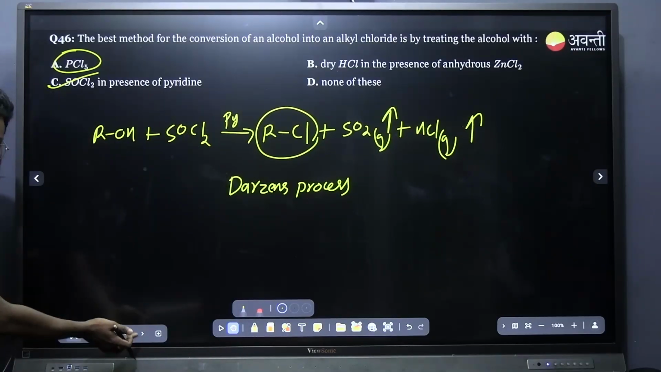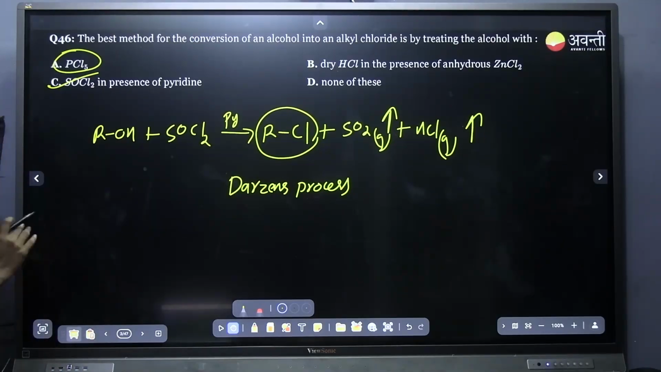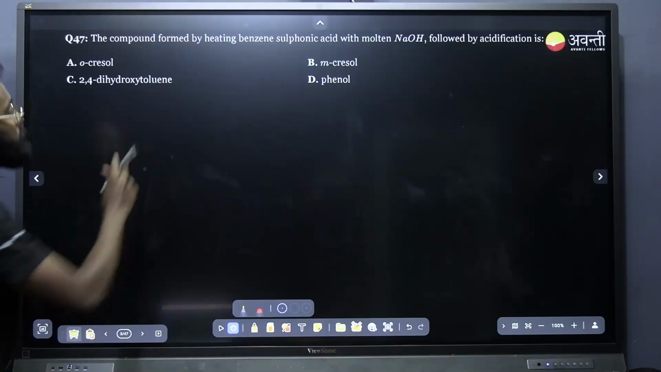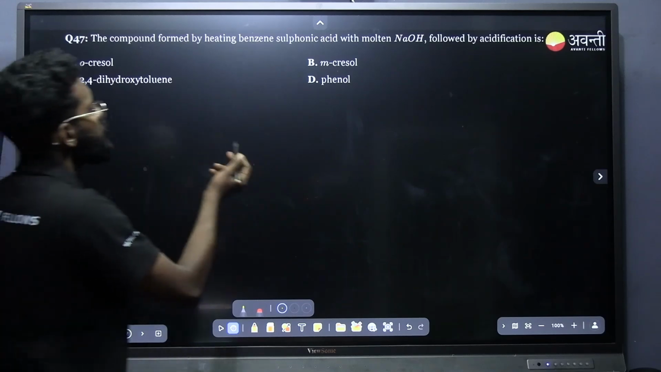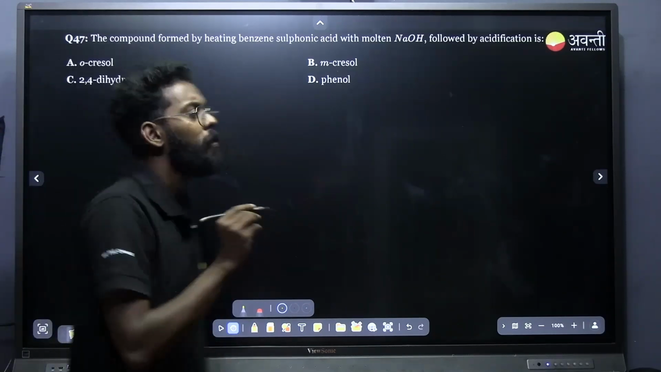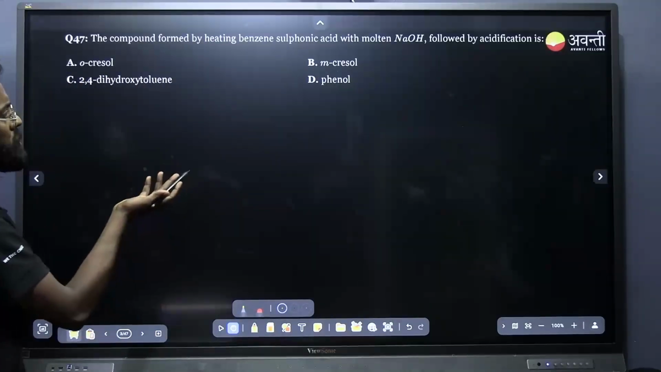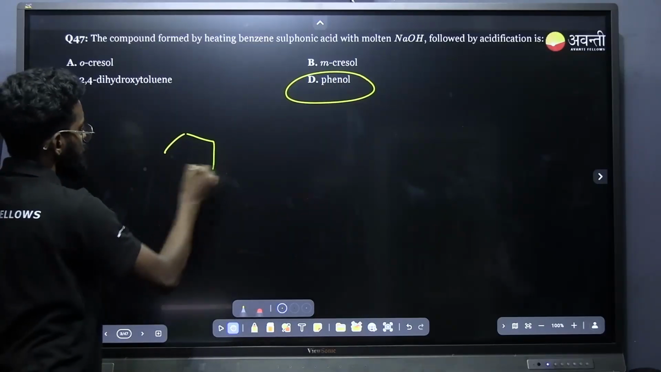It's a very easy question. Shall I move to the next question? I want to cover all the questions so that we move a bit faster. Yes. Second question: a compound formed by heating benzene sulfonic acid with molten NaOH followed by acidification. It's a very easy and basic method of preparation of phenol, right? Benzene sulfonic acid I am taking,